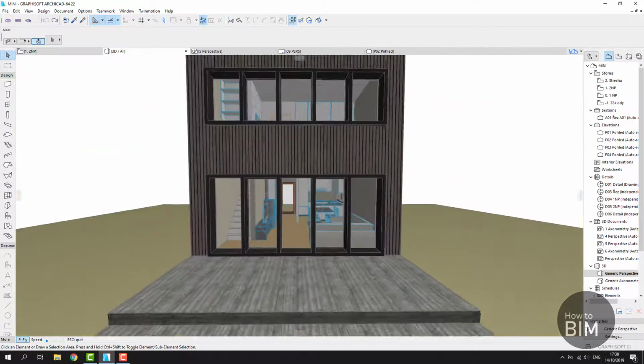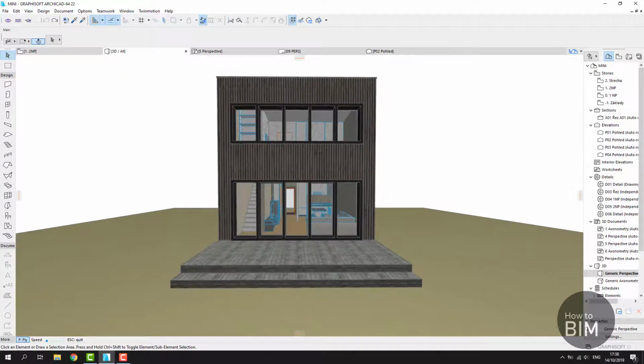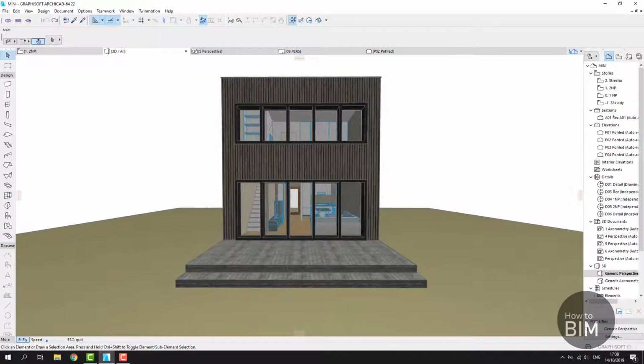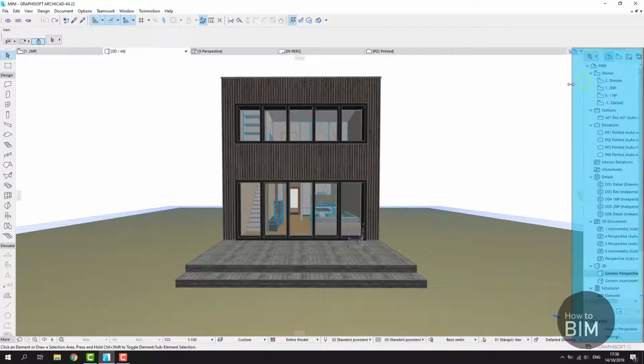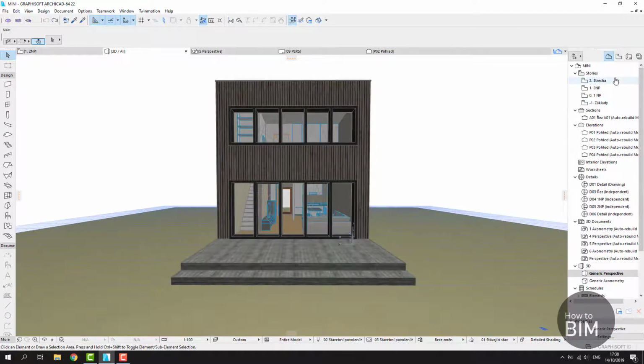But at the same time, all of our plans and drawings are already somehow inside the program, and for that I will show you once again this very important part of